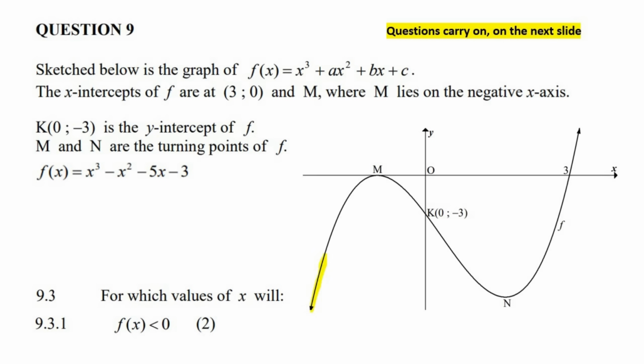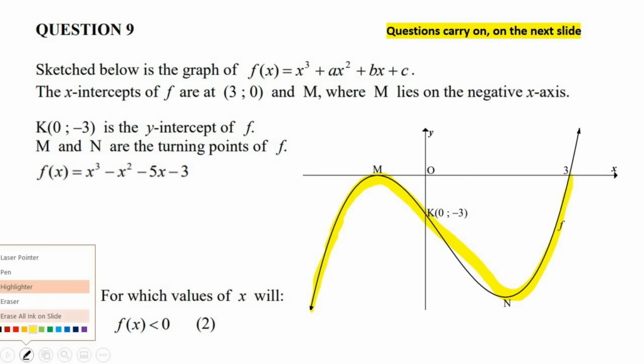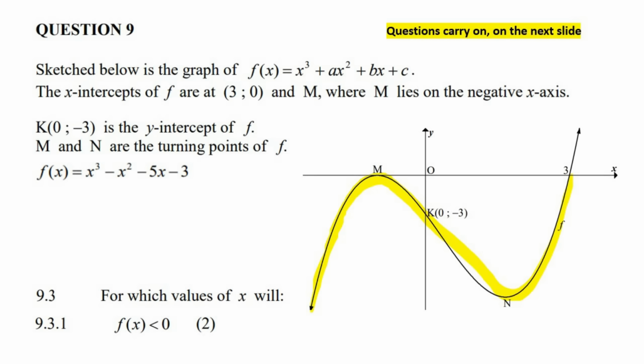So if I highlight the graph here, in this area here, tell me about the y values. Are they negative or positive? Well, there the y values are negative, all the way up to there. All of that, the y values are negative, right? Of course not that point over there, because there the y value is 0. And then as soon as we go past that point, then look at that, the y values all become positive. So where are the y values negative? Well, it would be all of this up to there, and then just skip past that point, and then up to there, but don't include that point, because at that point and at that point the y values are 0, but they want to know where are they